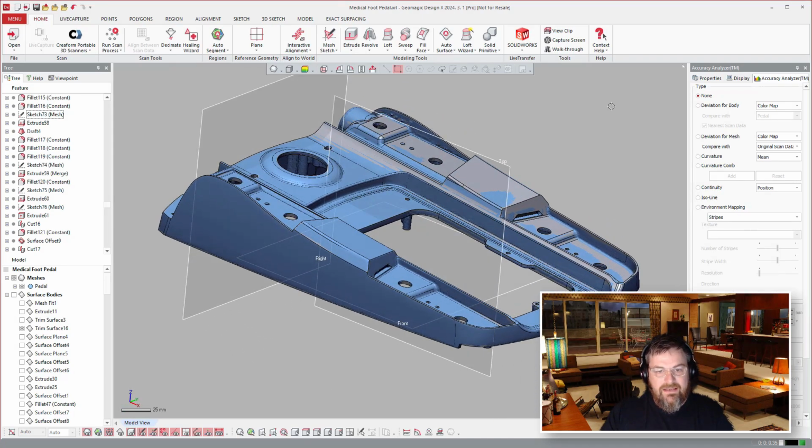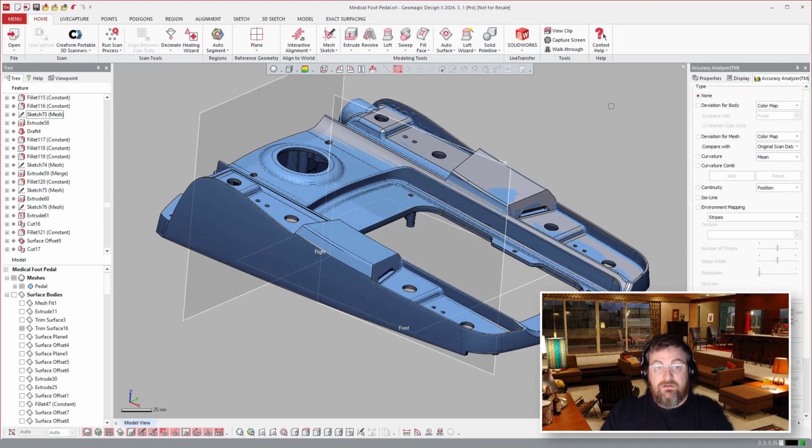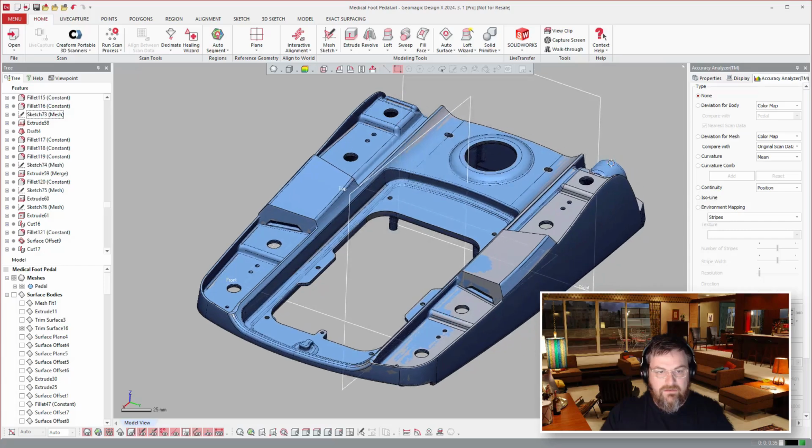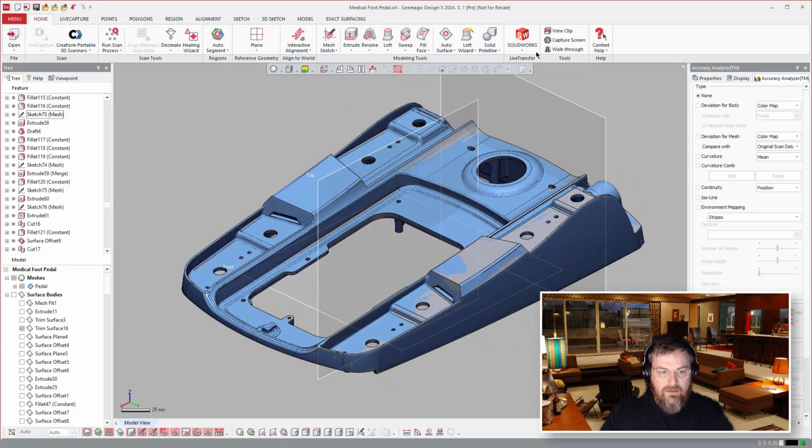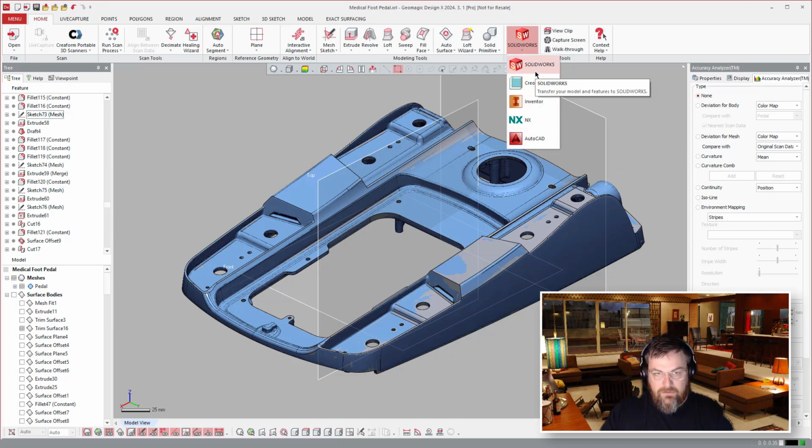So you see here that it just saves an exponential amount of time, and it just depends on how many features, how much time that's going to save you. So for a large project like this, it's just a ton of time. Now, once you're done, you have that ability to live transfer over to a CAD package here, right? So when you send that over to a CAD package, it's going to send these features as native entities into that CAD